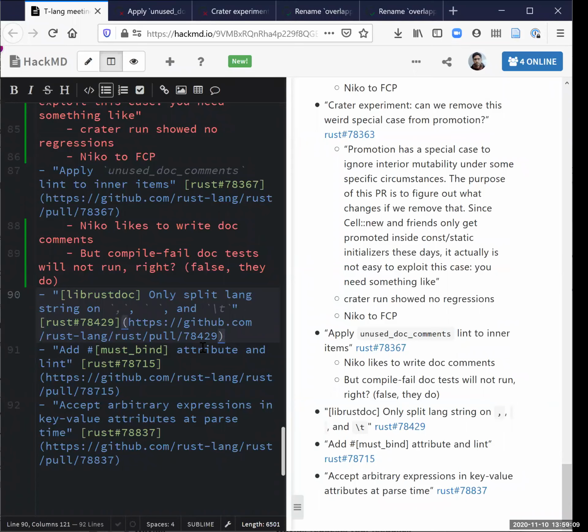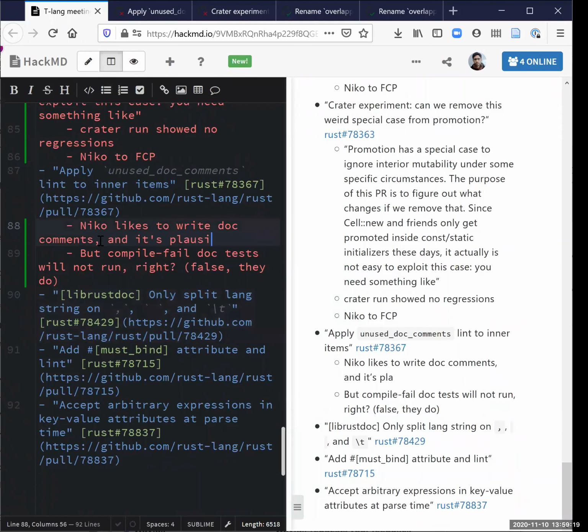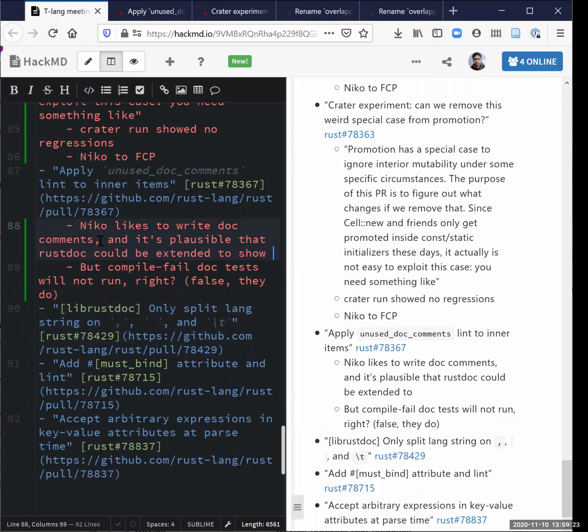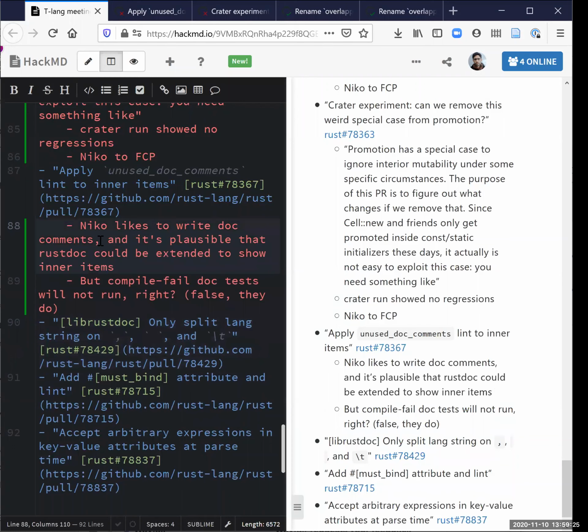Right. But actually, even then, that being a warning from RustDoc, it'd be a great way to do literate programming. I feel like there is sufficient value in doc comments, even if I never look, like for the compiler, I never look at RustDoc because it's just not easy to do. Or maybe just my mind doesn't go there, but doc comments are still really useful. Yep, that's pretty much what I feel.